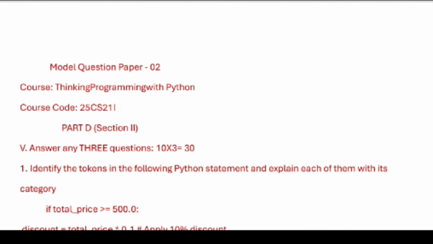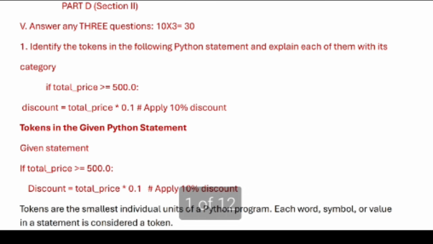This is Model Question Paper 2, Thinking Python with a program. Subject code is 25CS21I. See, 10 marks questions. So here they have given a program: identify the tokens in the following Python statement and explain each of them, categorized. So for the given program, we have to find out the